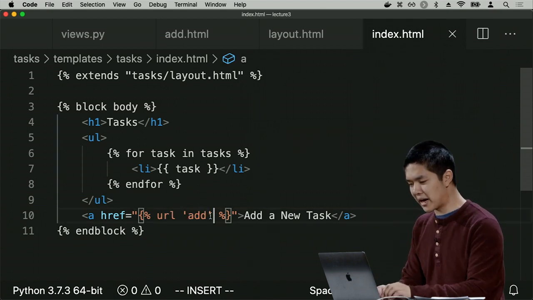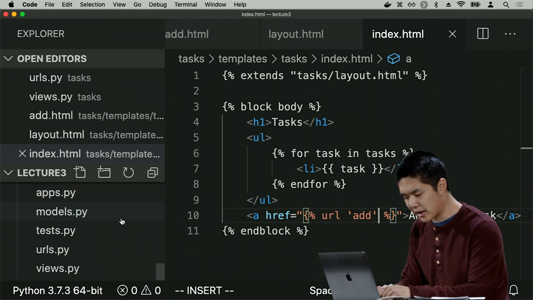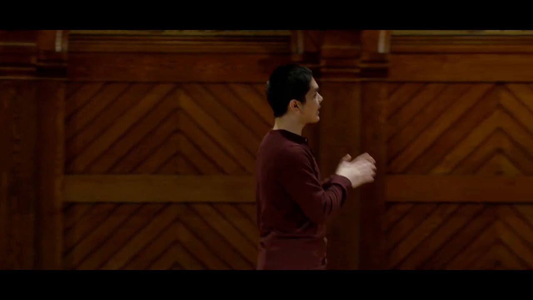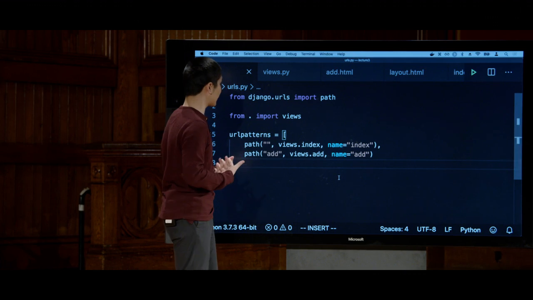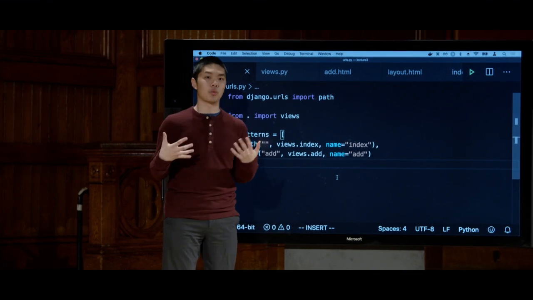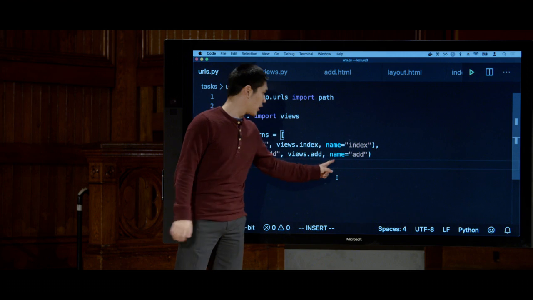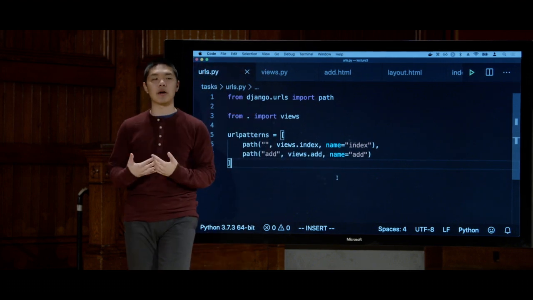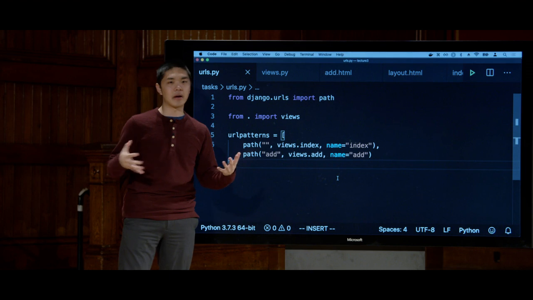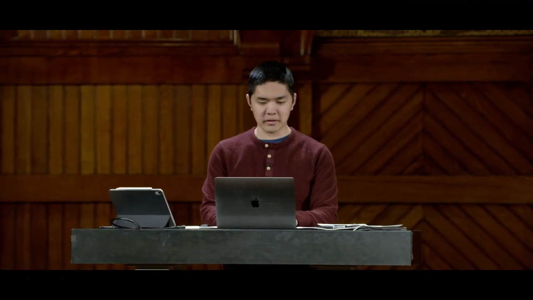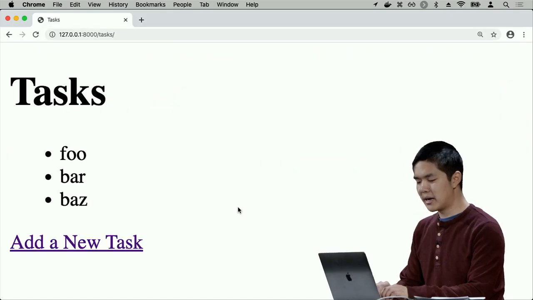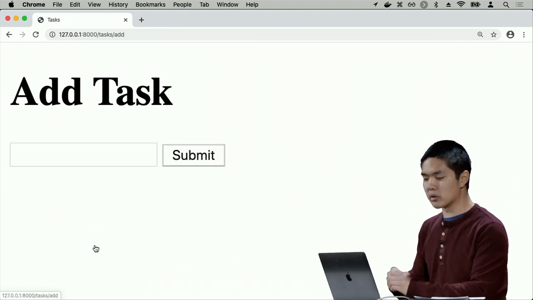And how Django figures this out is based on the contents of my urls.py file. That inside my urls.py file, I defined a number of different paths, and I gave each of those paths a name. This one was called index. This one was called add. And so when I did that, I was able to say, if you link to a URL called add, Django will find a URL whose name is add and link me directly to that route. And so if ever I were to change the route to something else, Django would just figure out what the new URL should be, and I wouldn't have to worry about it. Django would fix the problems for me. And so now, if I go back to the tasks site, I can click the Add a New Task button, and that will take me to the Add